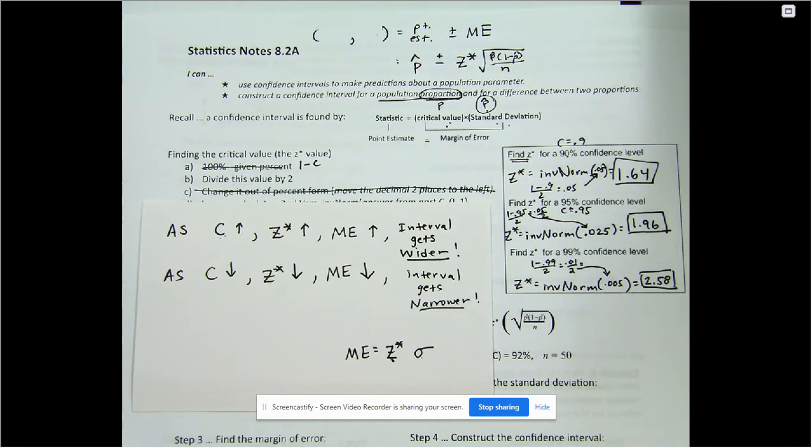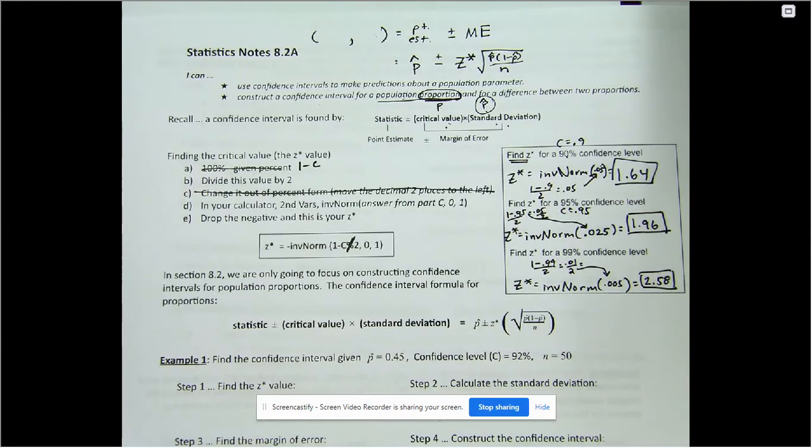We were saying, if C goes up, critical value goes up, but you didn't even know what critical value was. So I just wanted to take this opportunity to show you how you calculate critical value, and notice what's happening. As our C increases, our Z star is indeed increasing. Okay, so now